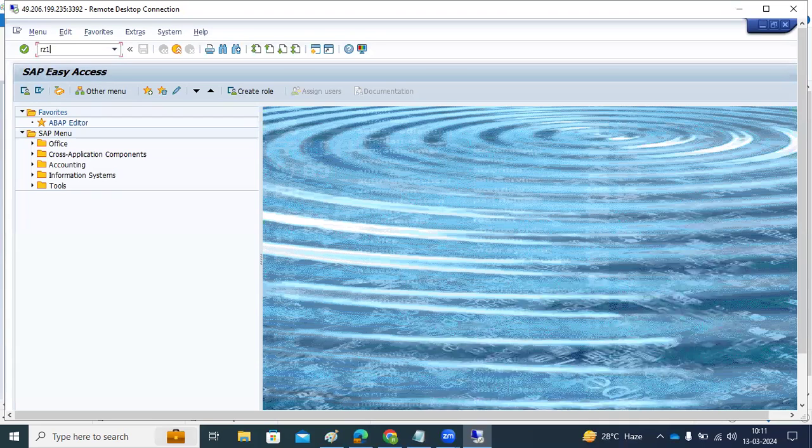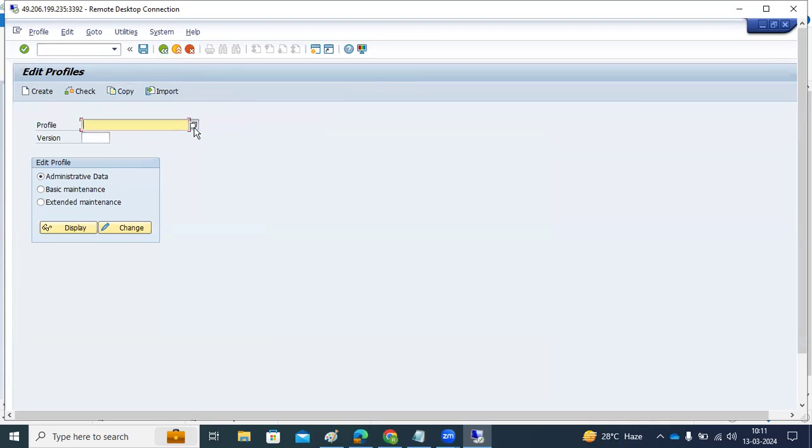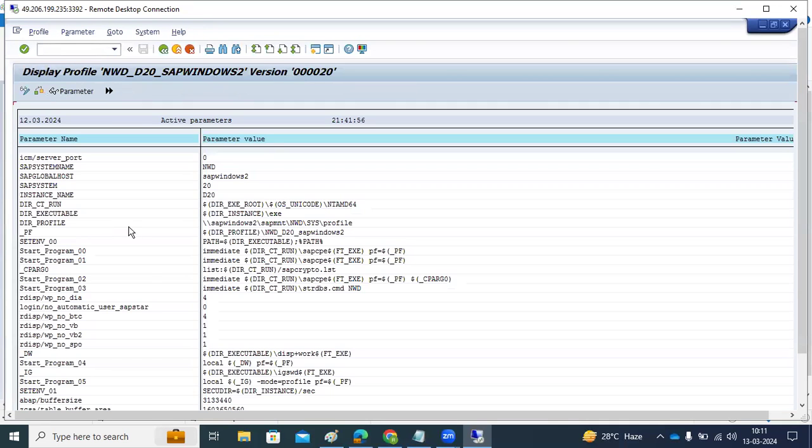Go to RZ10 here. Suppose you want to change the profiles. Here you can see the dialog work process. These are the parameters and their values here. Suppose you want to increase the dialog work process. This is the parameter: rdisp slash wp underscore no underscore dia. 4 is configured, which means currently we have 4 dialog work processes in the application server,